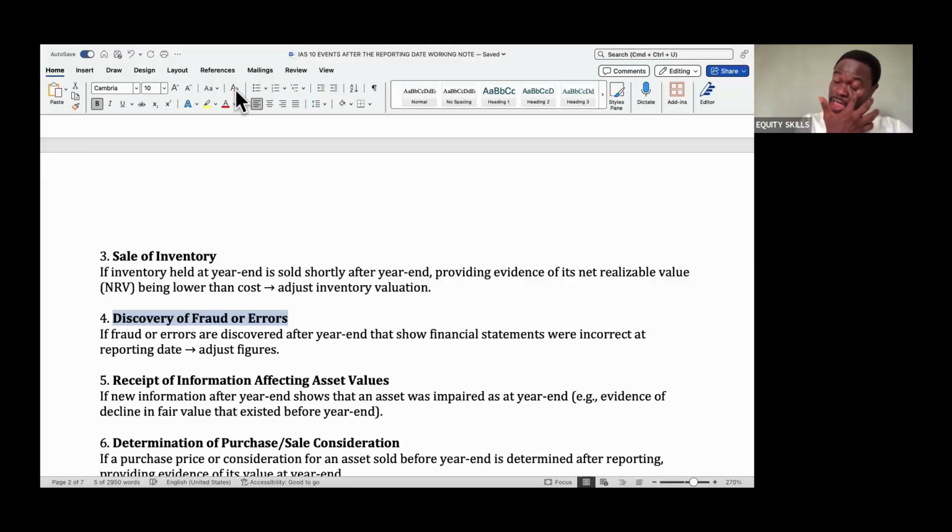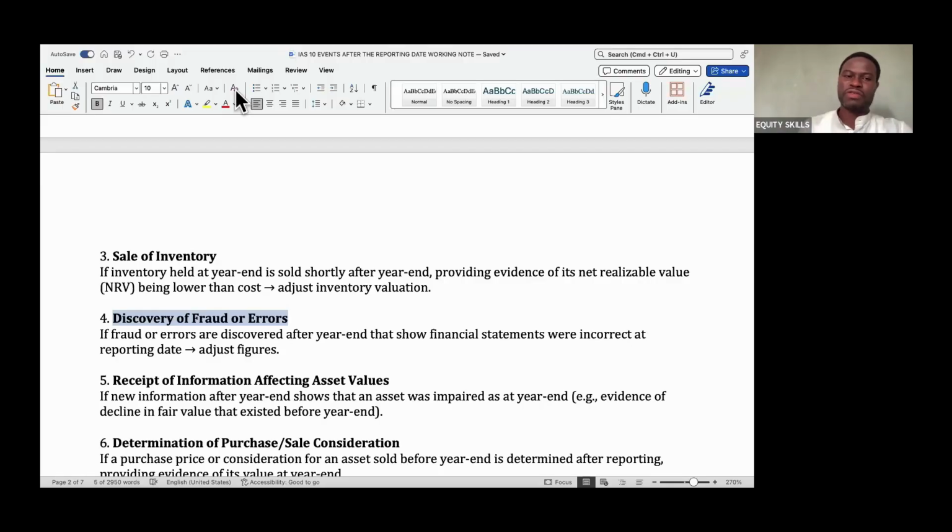IAS 10 tells you whether it is an adjusting event or a non-adjusting event. Errors are adjusting events as long as you discovered them between the reporting date and the date the statements are authorized for issue. Now, based on your question, you said they have already approved the reports. So we are going to take the corrections away from IAS 10 and give them to IAS 8. IAS 8 then says that when an error is discovered